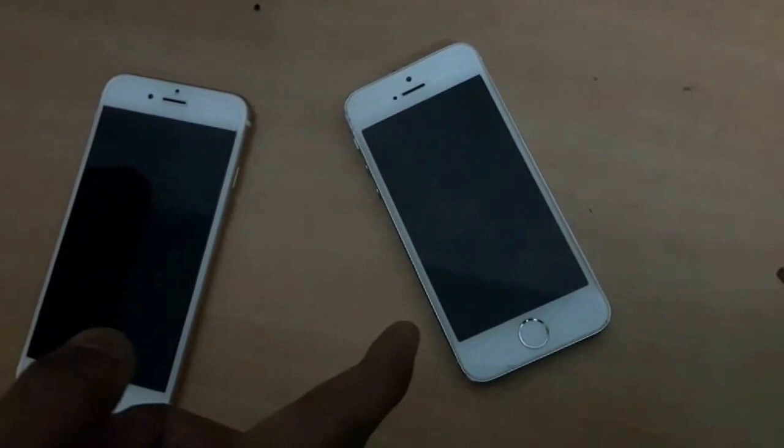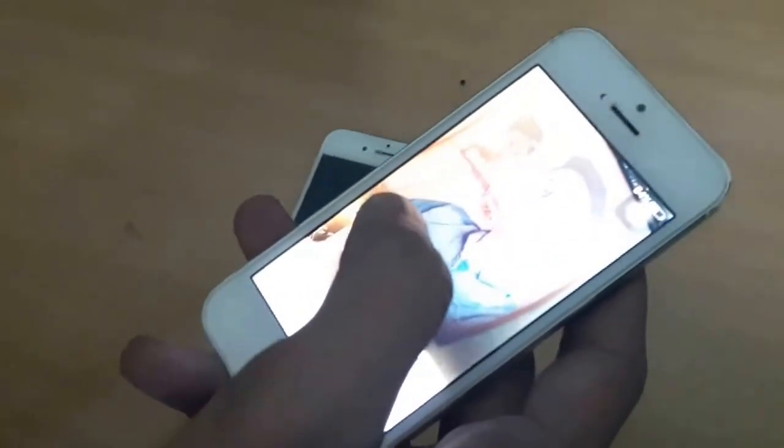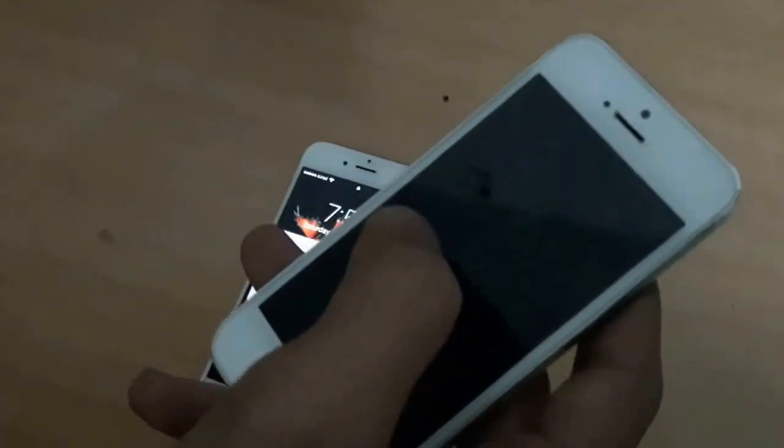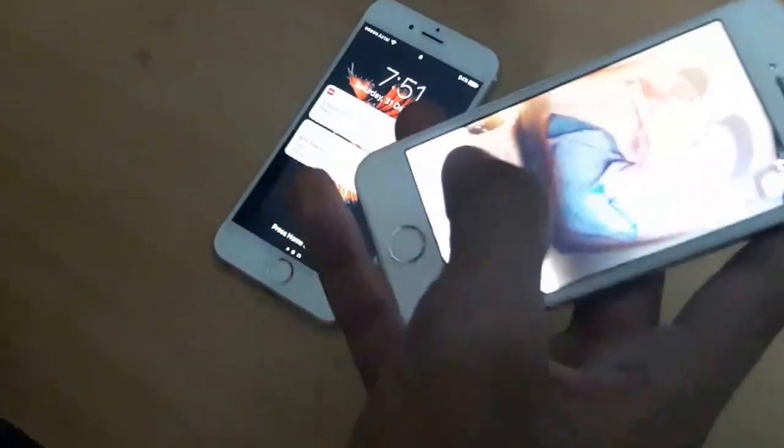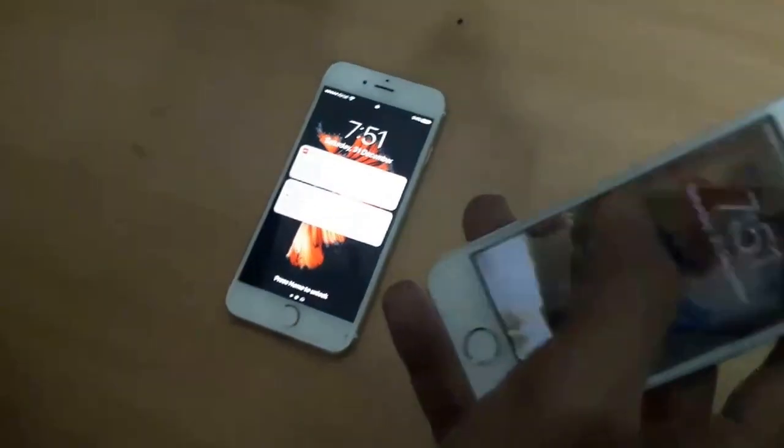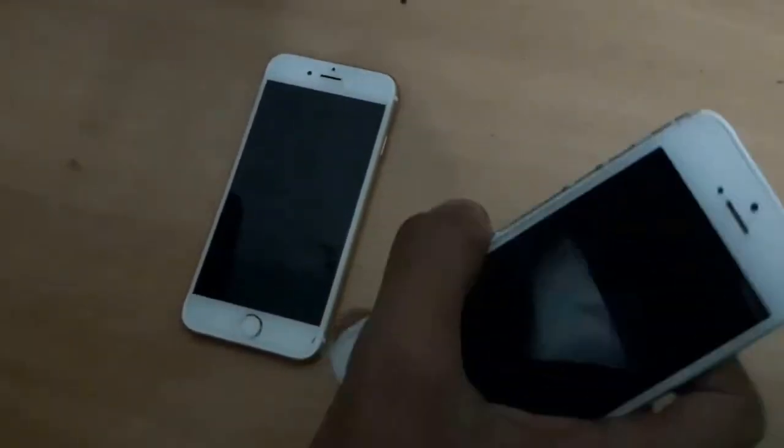Now we're going to tell you the specifications of the iPhone 5s. It comes with a connectivity of LTE. It was announced in September 2013. Status is that it is released and is available at all stores. It has a nano SIM, which is same as in the iPhone 6s. Both are single SIM. You can't insert a micro SD card, neither a second SIM.